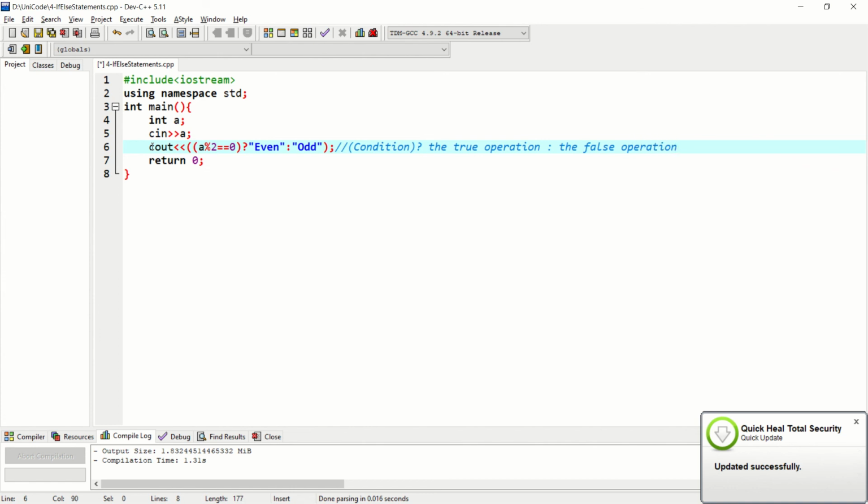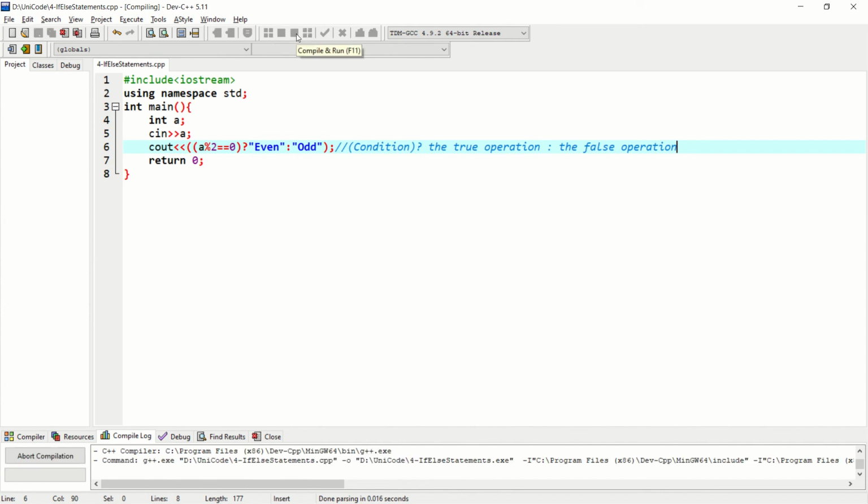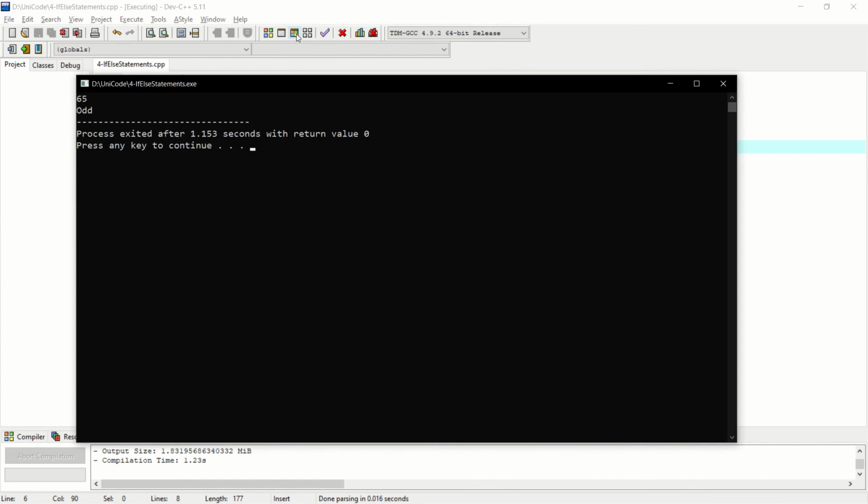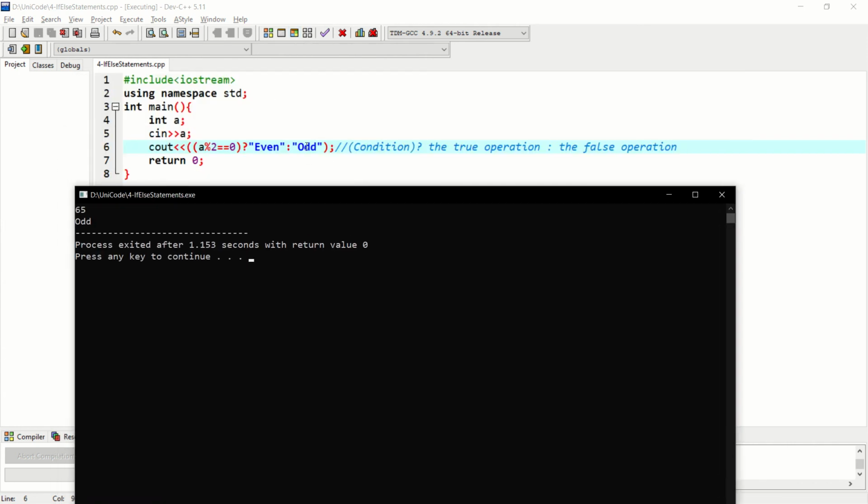This is the syntax of the conditional statement: brackets, question mark, then the operation which is performed when the condition is true, and after the colon the statement we have to execute when that condition is false. So if I give it a run with 65, you can see an output of odd, because we gave an output of odd in double quotes.